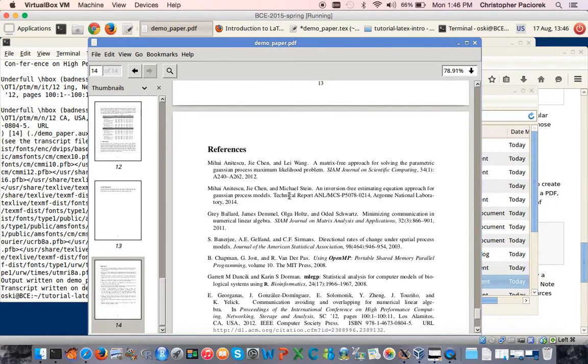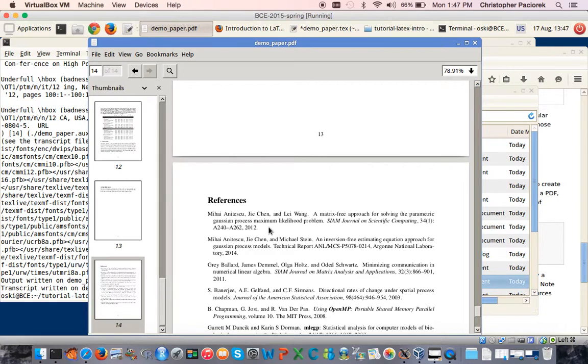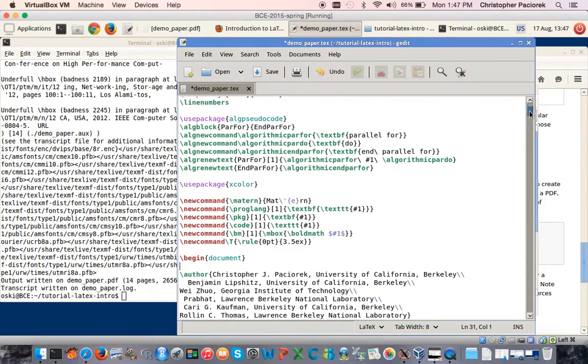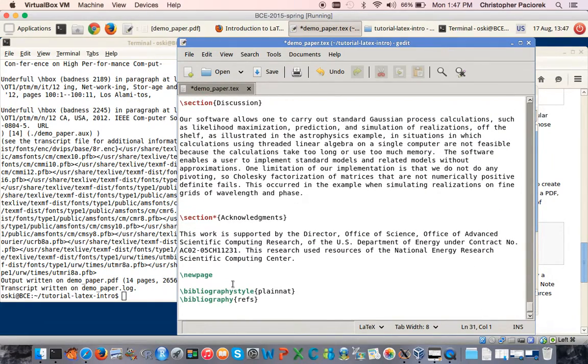I'll also note that you can include items in that refs.bib file that are not used in the document, and those will not be included in this references section. The other thing to point out is that you don't need to name the file refs.bib, you just need to make sure that in the tex file, when you use the \bibliography command, you use the name of the actual .bib file, or files, that you are trying to draw references from.